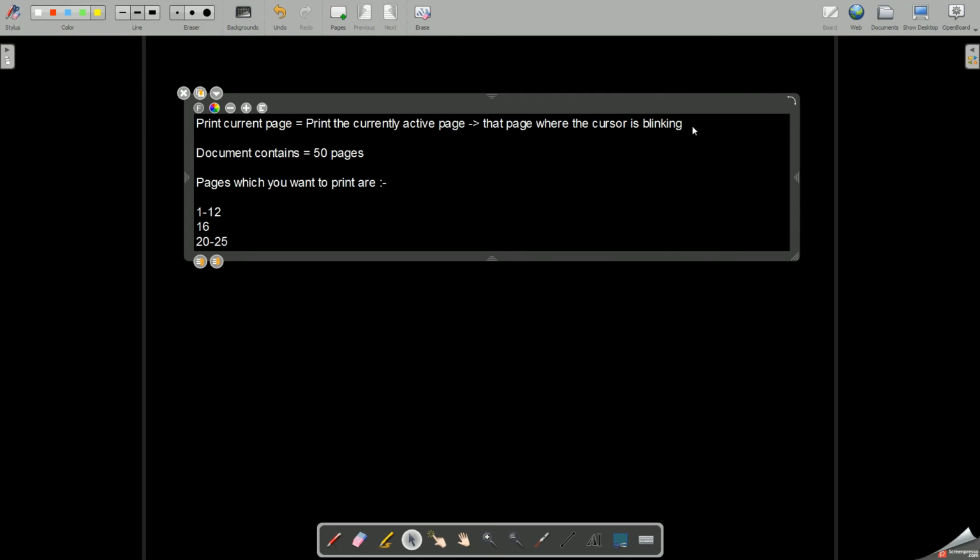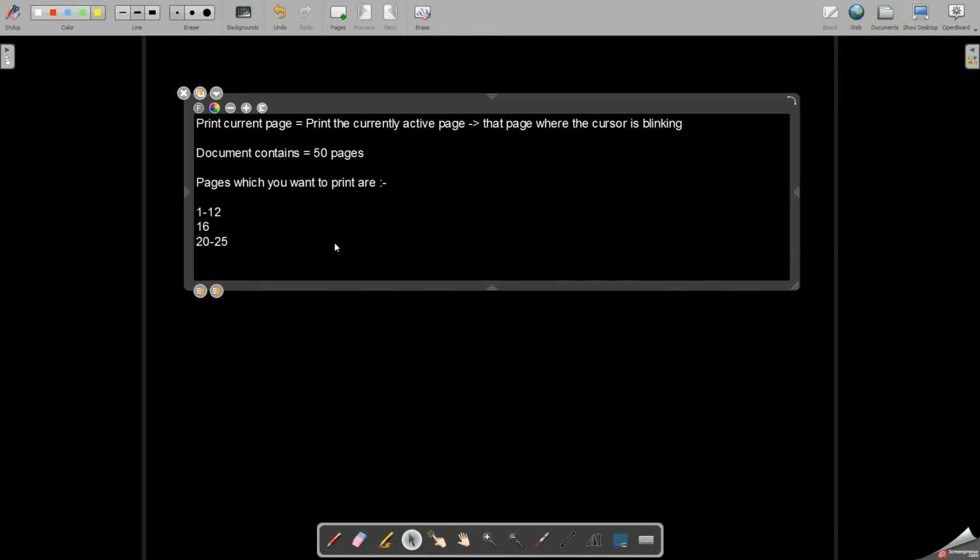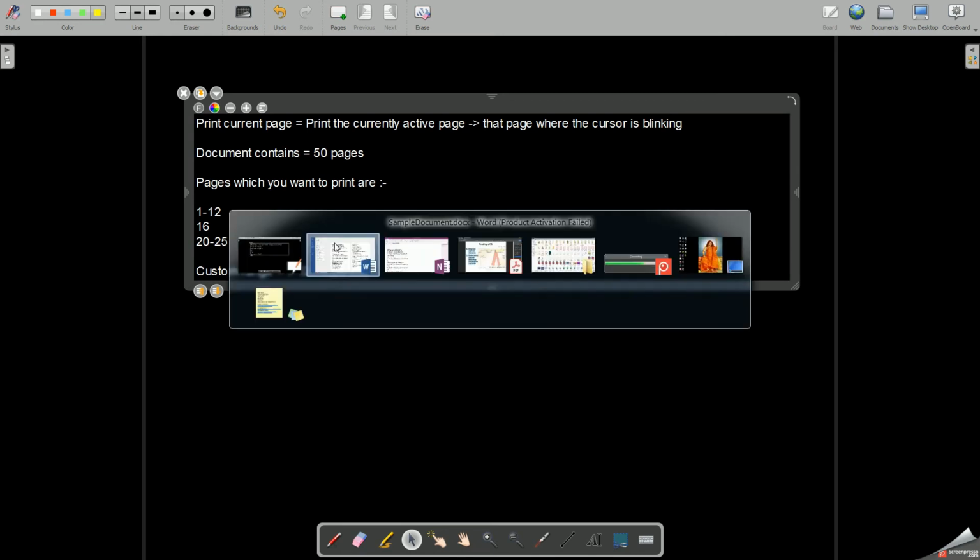So this is a custom range, that is, selected pages which you want to print. So how will you provide the range? Custom range will be like this: 1-12, 16, 20-25. So this is how you provide your custom range.